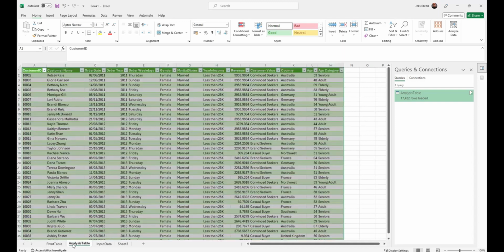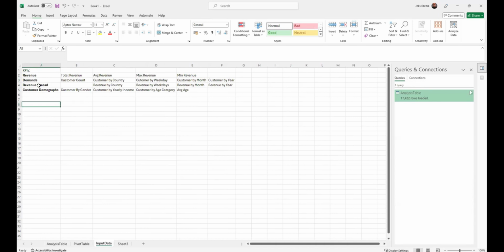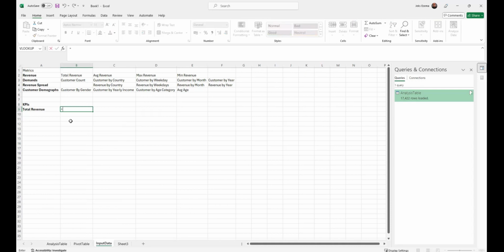I think I should move this here. That's how you can move it, so it's easy for us to move across. So this is the first thing we'll ask ourselves, we are building the KPIs now. First thing is total revenue, right? What is the total revenue? All right, interesting. So our KPIs, total revenue, which is equals to sum of